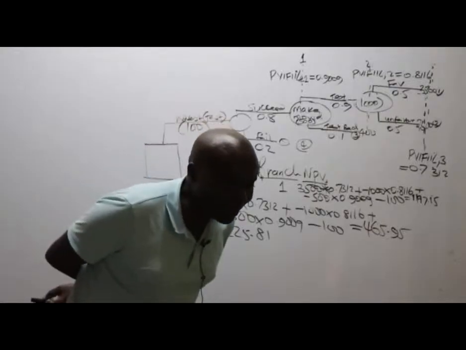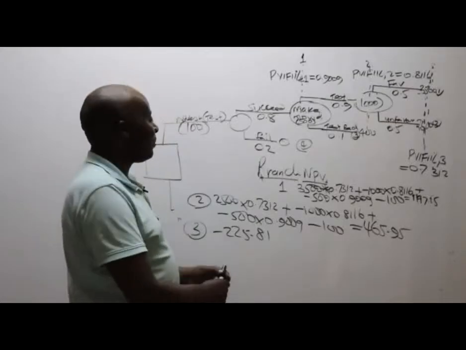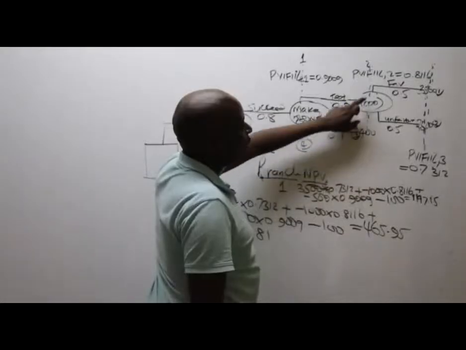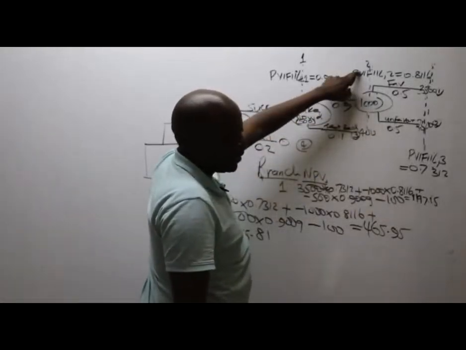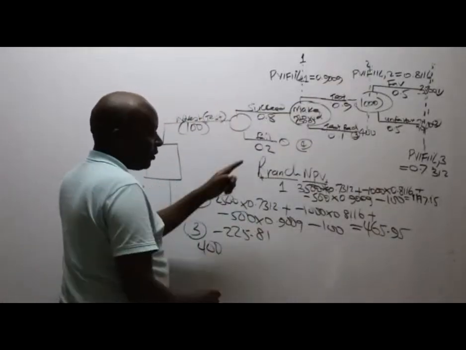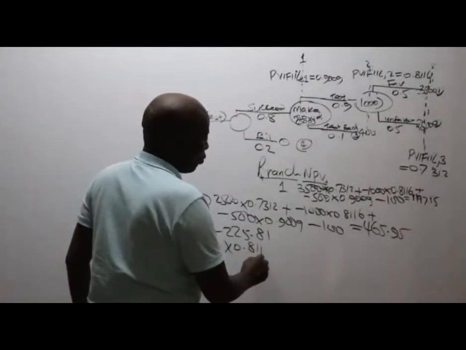Lucy is not getting it. How did you reach that? So for branch number 3, I can see the first figure is 400, whose discounting factor is up here for year 2. So branch number 3, we have 400, which is positive, remember, 400 times the discounting factor, which is 0.8116,